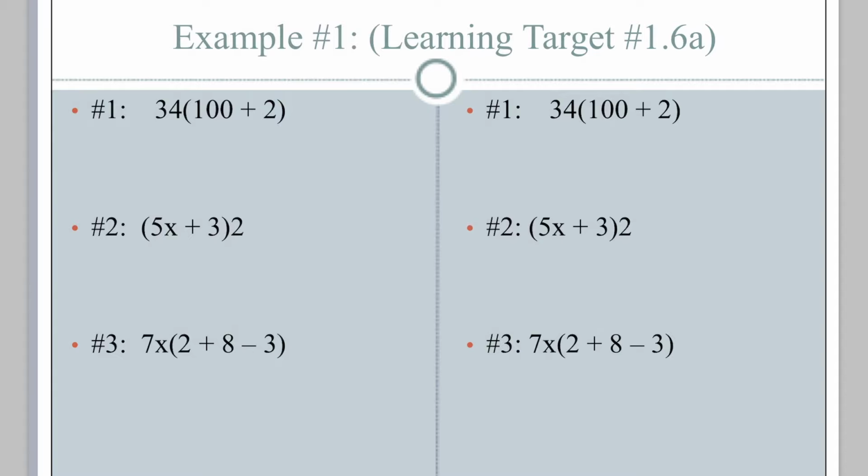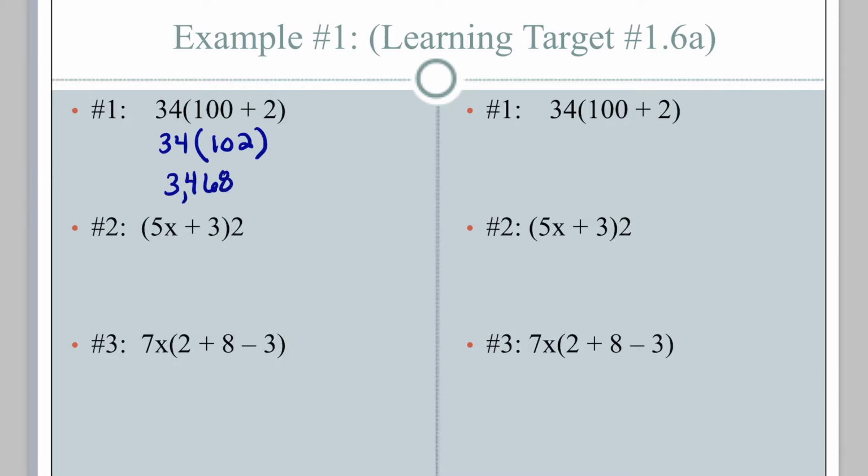The first way, I'm going to work it in order of operations. So we've got 34 times 102. Notice all that I have done is add inside the parentheses first using the order of operations. At this point, I'm going to multiply. The implication is multiplication now. So I have multiplication. 34 times 102 is